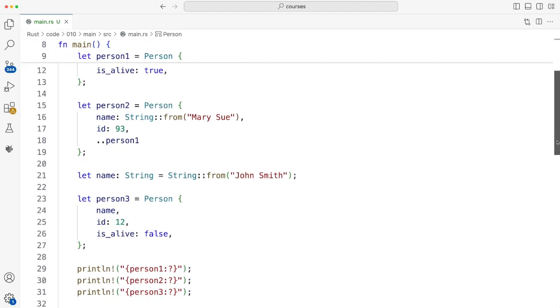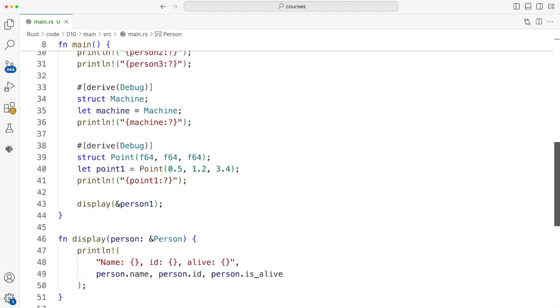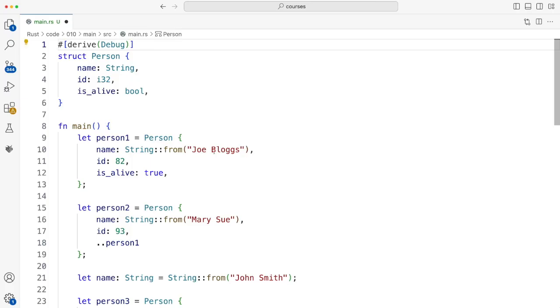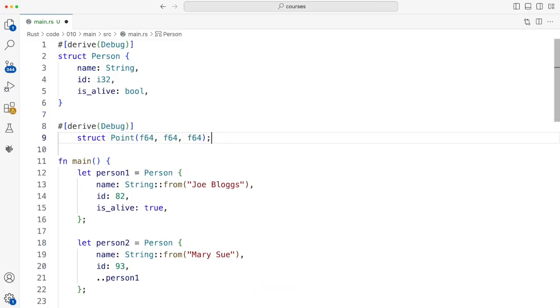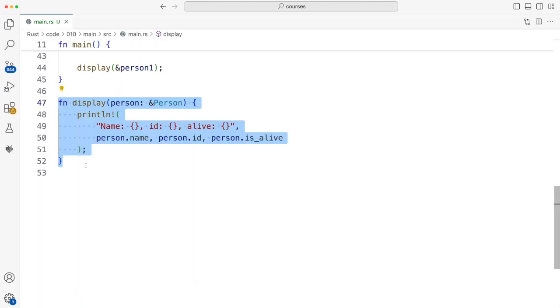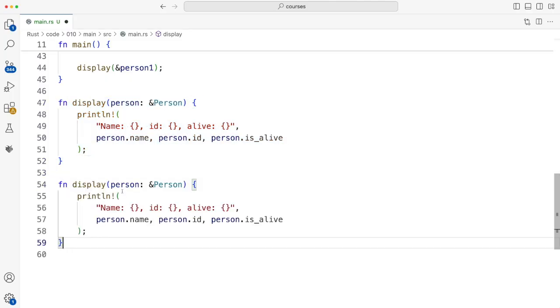What about if we define a kind of tuple struct up there as well? So let's take this point out here and put it at the top, because then I should be able to define a function that also displays the values of this. And in this case, because it doesn't have named fields, I should use a dot notation with numbers 0, 1 and 2. Let's try it. And I'm also not sure if I can have overloaded functions with different types. Let's try that as well.